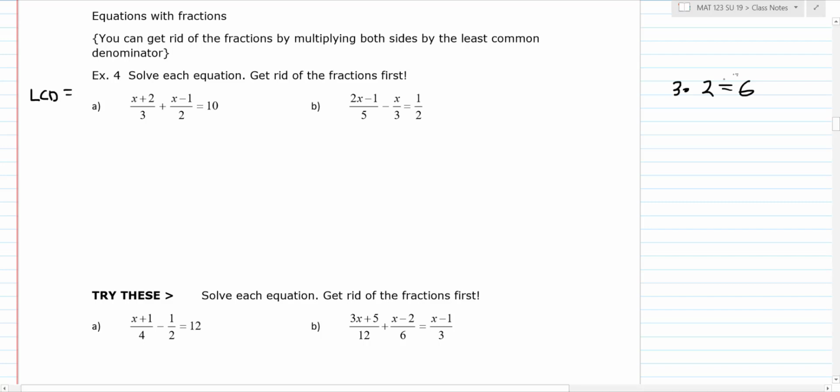The way I look at this is like this. If you were to count by 3s, 3, 6, 9, you can count as far as you want to. If you count by 2s, at some point in time they have to overlap, and where they overlap is what we call a least common multiple, and that's what a common denominator is. So first thing I want you to do is just write down the problem